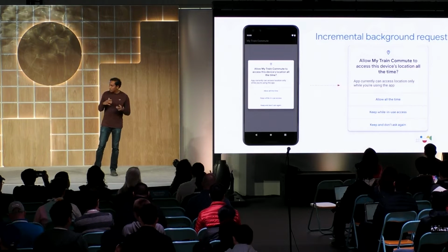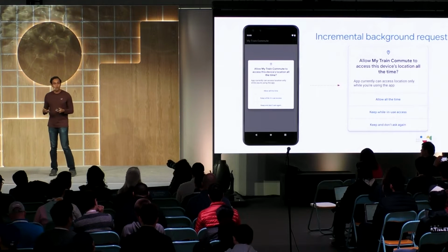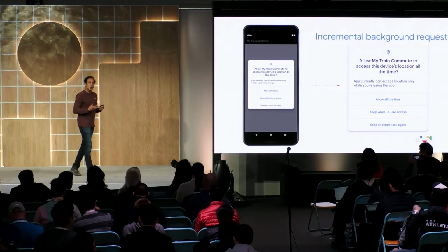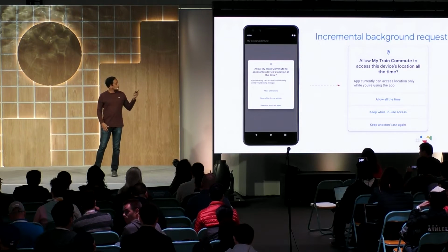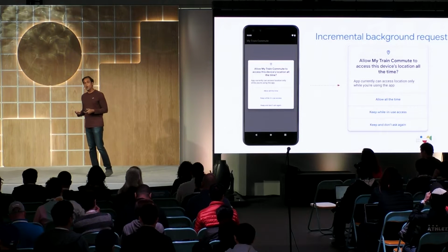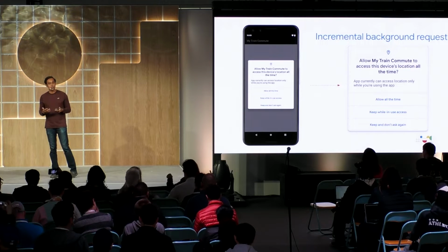Then the user looks around the app, reaches the train commute notifications feature, wants to opt in to train commute notifications. At that point in time, the app can show the permission dialog that you see here, requesting the user to provide the higher level of access, which is the ability to access device location all the time.